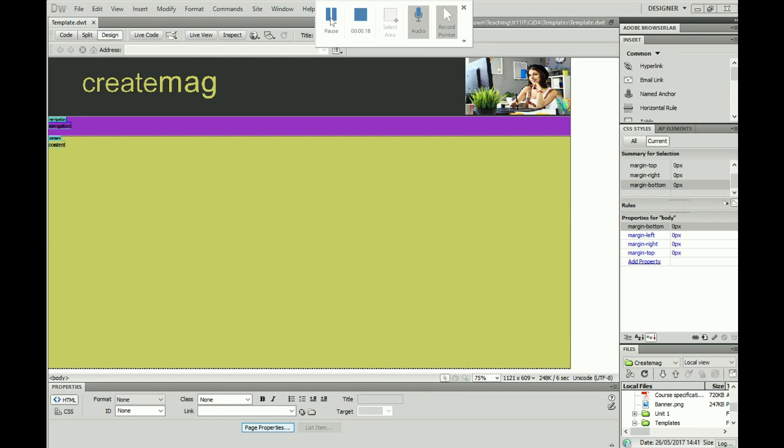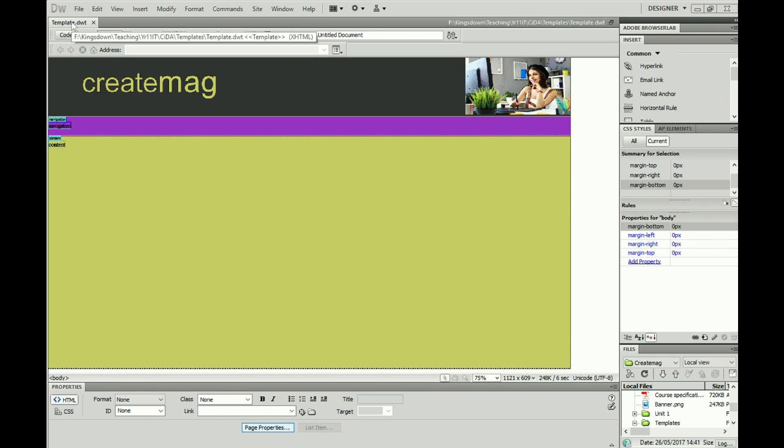This tutorial concentrates on actually creating web pages from your template and then using the editable regions. So the first thing that I want you to do, surprisingly, as we've actually saved this template as a DWT in the last tutorial, we don't need to do anything more. We've got the template set up with our two editable regions, which is what we require, so we can simply